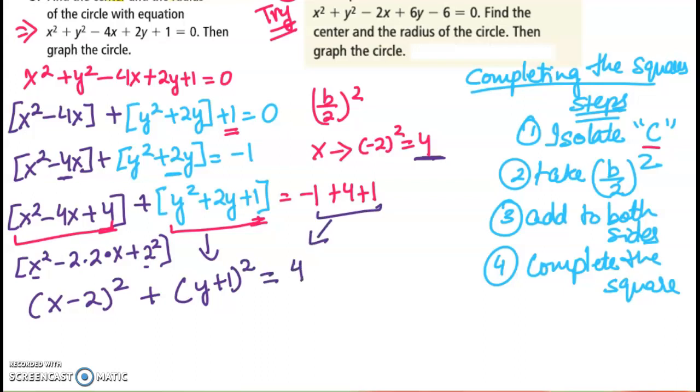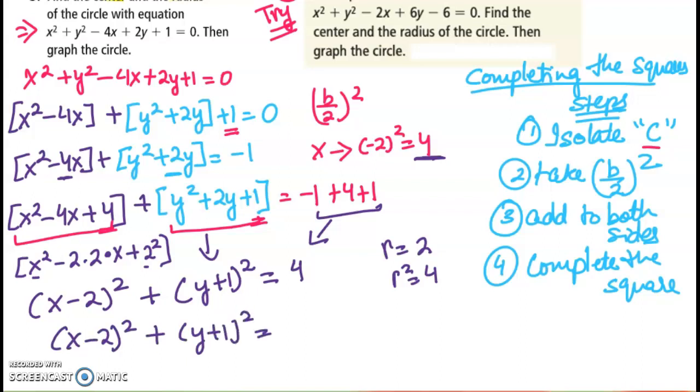Now remember, radius is always in a square unit. That means radius will be 2 and radius squared is 4. My equation is x minus 2 whole squared plus y plus 1 squared equals 2 squared, right? Because it was a radius, right? Now because it was a radius,